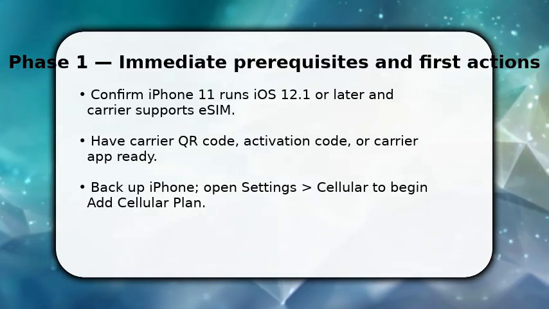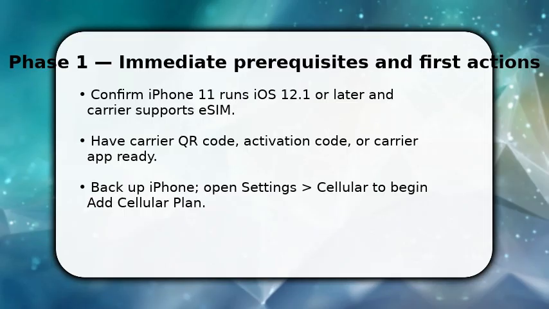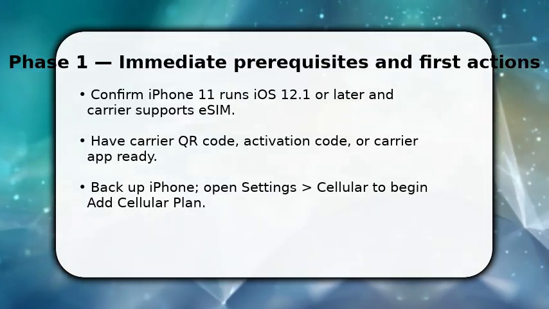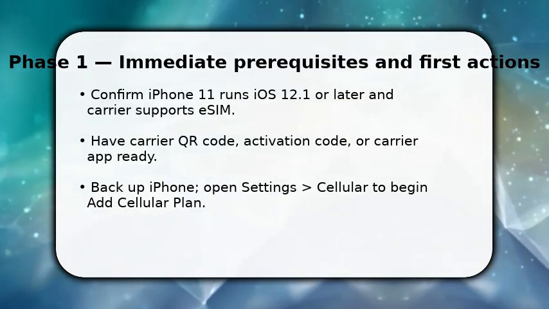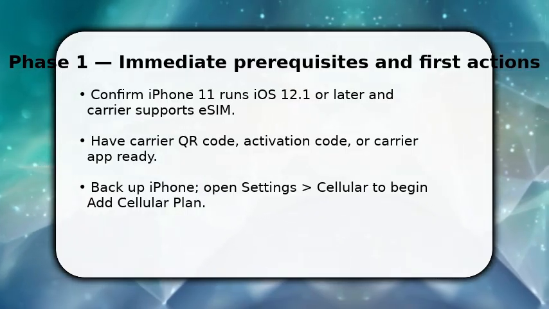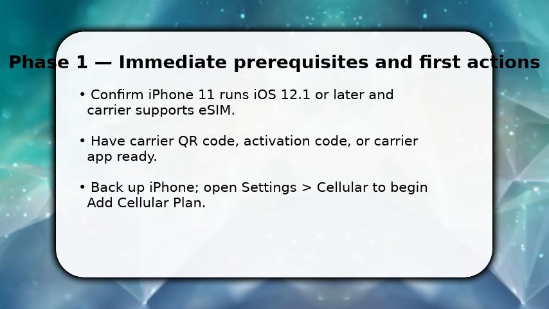You open Settings, tap Cellular, then add Cellular Plan. This begins the activation handshake. Do not skip the backup step. It preserves current SIM settings. You're now at the point where the phone is listening for the eSIM profile from the carrier, so proceed to